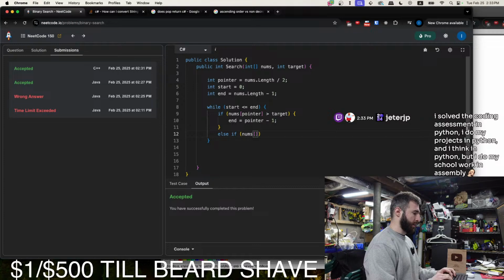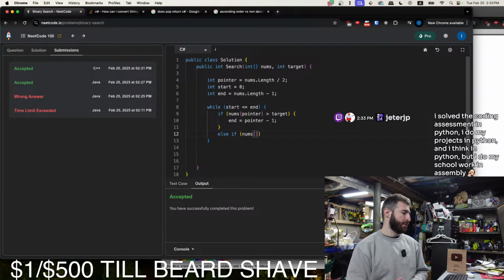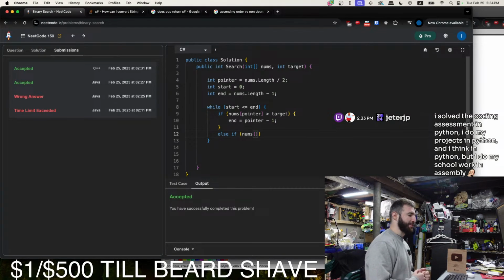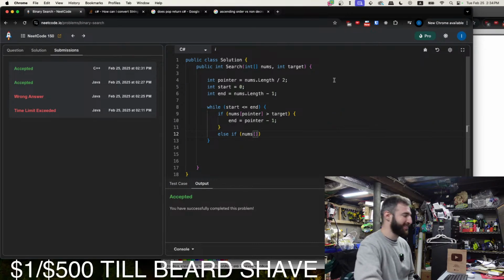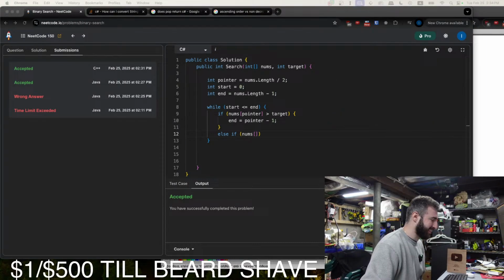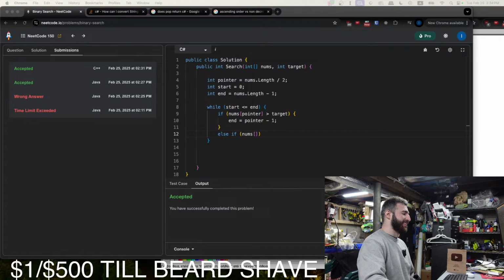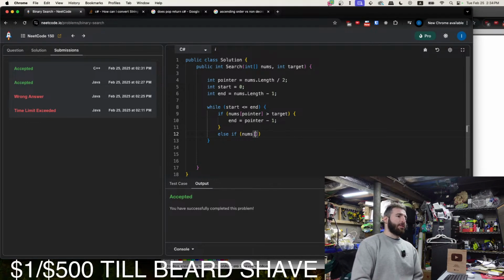I solved the coding assessment in Python. I do my projects in Python and I think in Python, but I do my schoolwork in assembly. What are you talking about? You do your schoolwork in assembly, dude. No way, dude. Yeah, Python is the popular choice for the coding assessment. My friend was like, "You're not doing it in Python, dude. What are you talking about?"